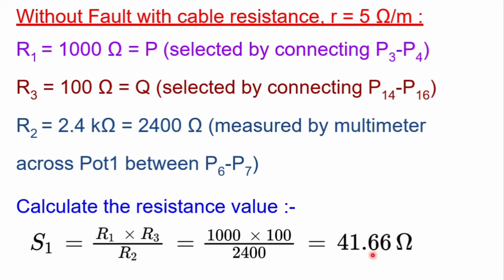Now this is only S1. We need to find out the value of S2 also, because switch 2 has to be utilized. So now you have to make certain changes in the connection. For obtaining the value of S2 you have to remove the patch cord. Firstly, obviously power off the supply, then remove the patch cord from the ground terminal of the fault locator and connect to B of the Wheatstone bridge.